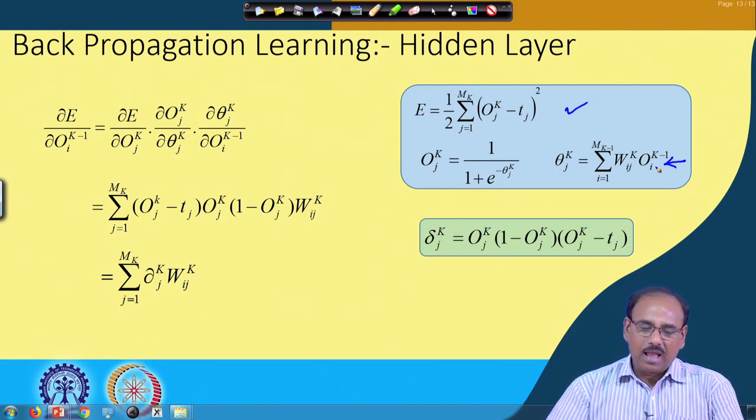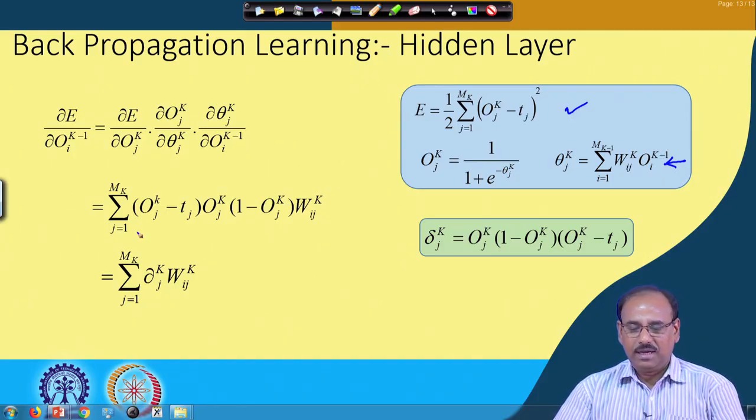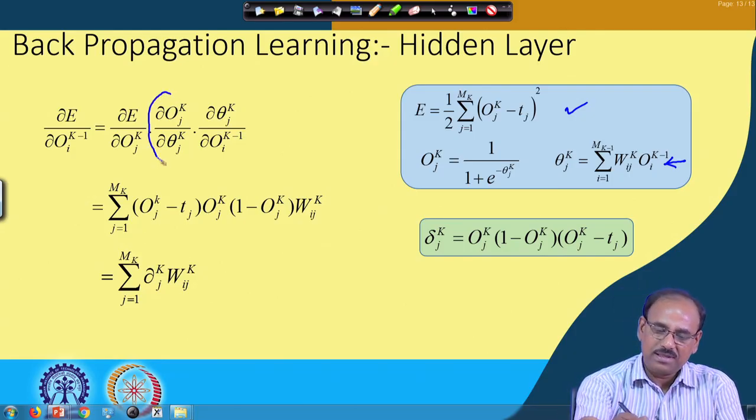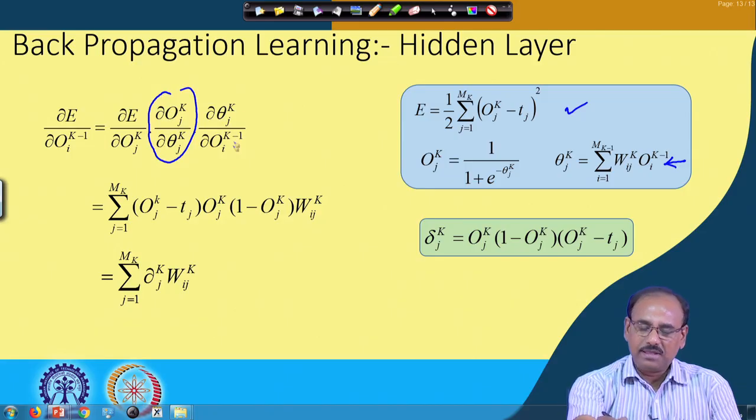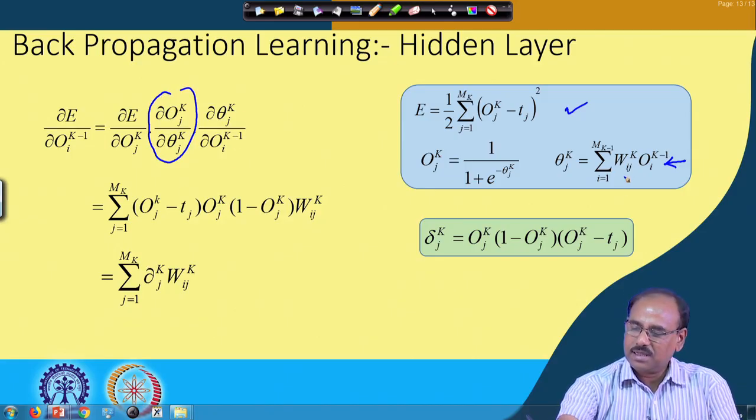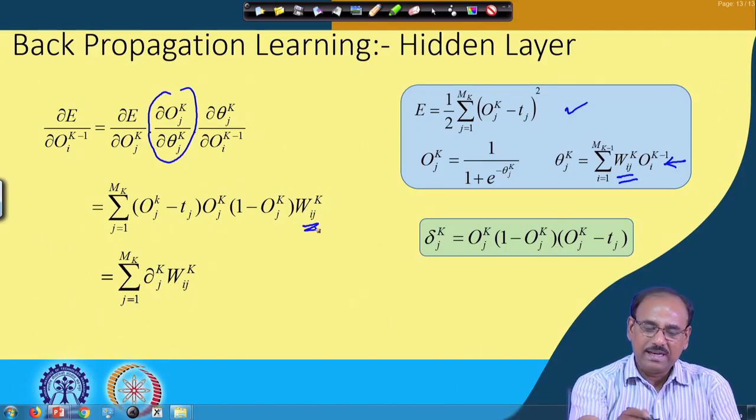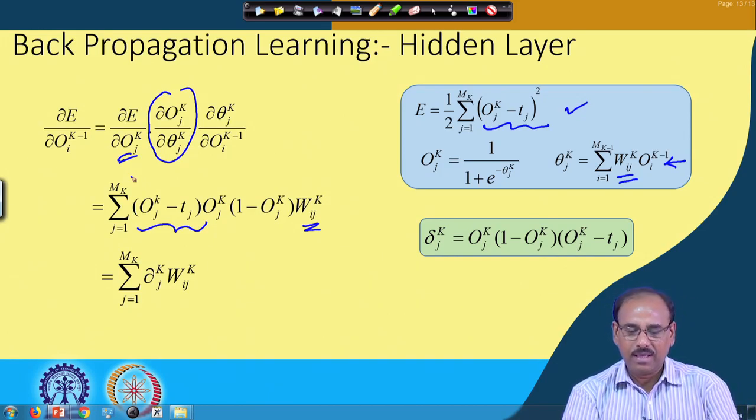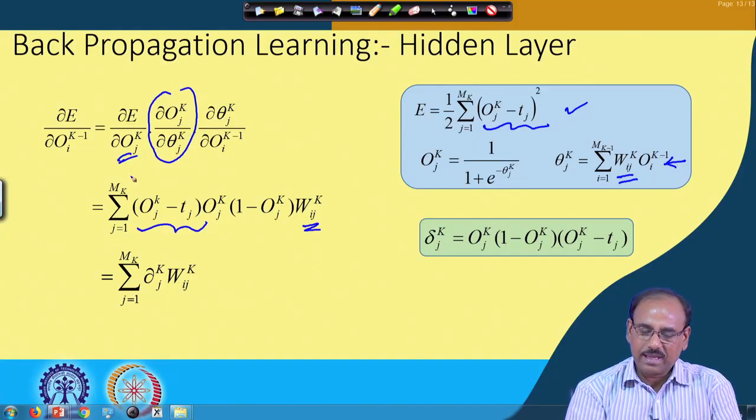and that simply becomes the sum of (O_j^k minus T_j) into O_j^k into (1 minus O_j^k), which is the derivative of this, into del theta_j^k / del O_i^(k-1), which is nothing but W_ij^k. And del E / del O_j^k is nothing but O_j^k minus T_j, and that has to be summed over all j. So, it is again varying from j equal to 1 to m_k,